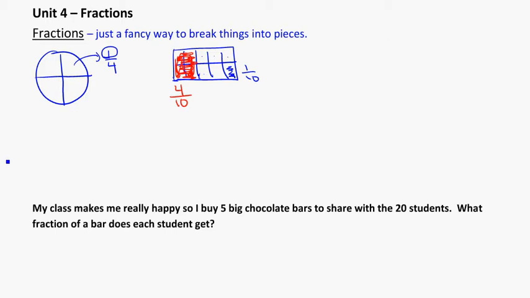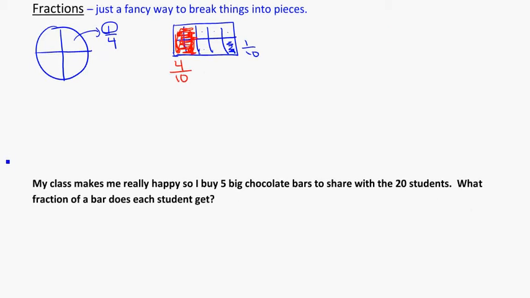So if I want to look at an example, my class makes me really happy, so I buy 5 big chocolate bars to share with the 20 students. What fraction of a bar does each student get? Well, this one's actually kind of a tricky question. But if we imagine we've got 5 big bars,